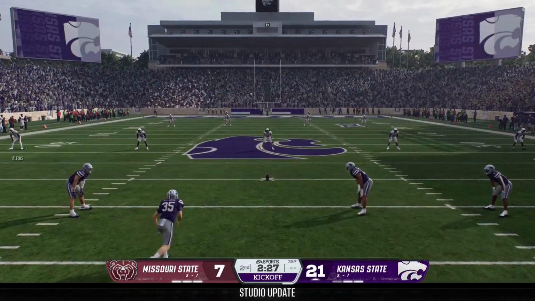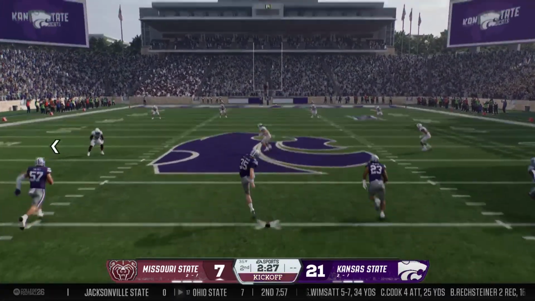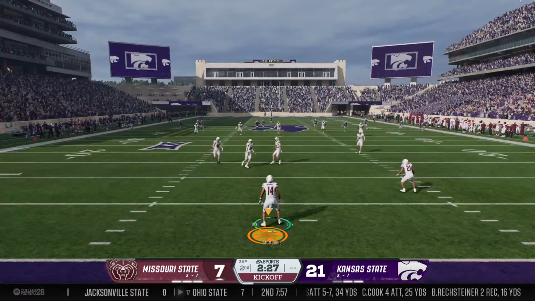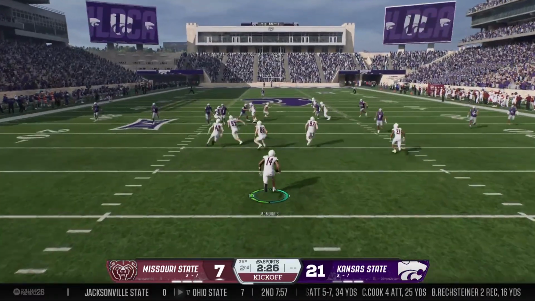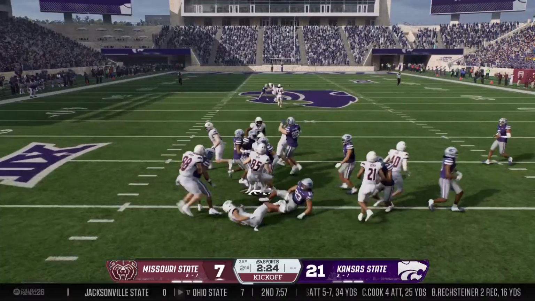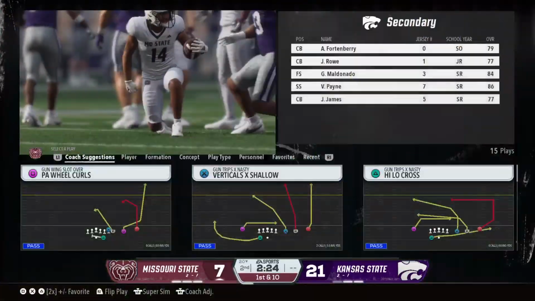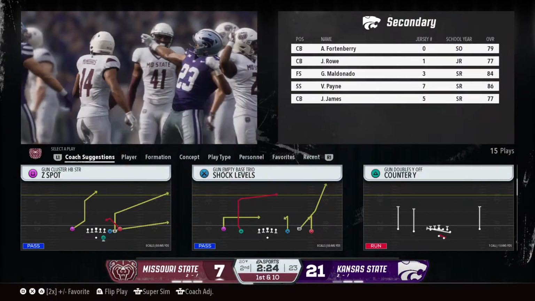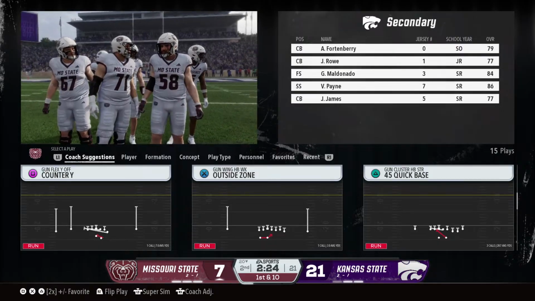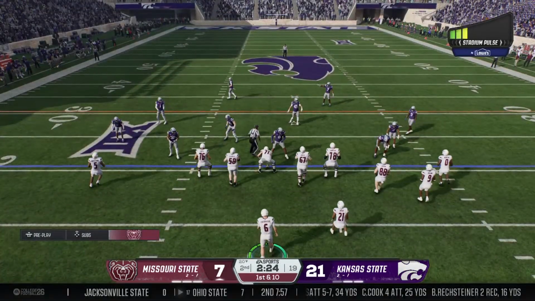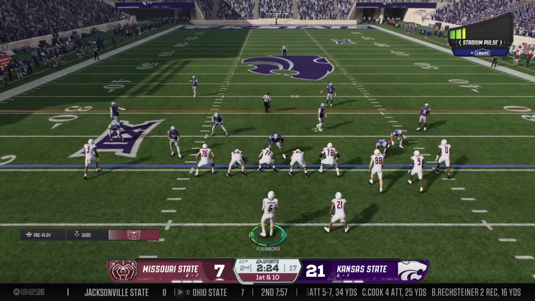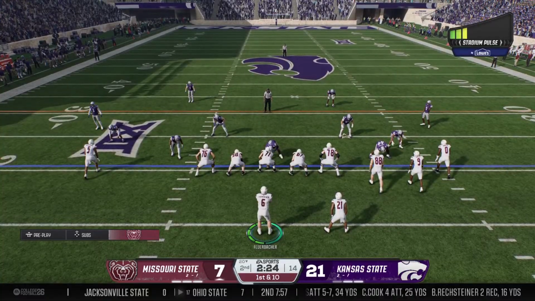Kickoff unit on the field, and this defense will be called on to protect this lead. Here he comes from inside his own 5. He was hoping for something a little more dynamic, but they get him on the ground at the 20. So here comes the Missouri State offense. Now we'll get a chance to see if they can answer that last score, trailing by 14, Jesse.